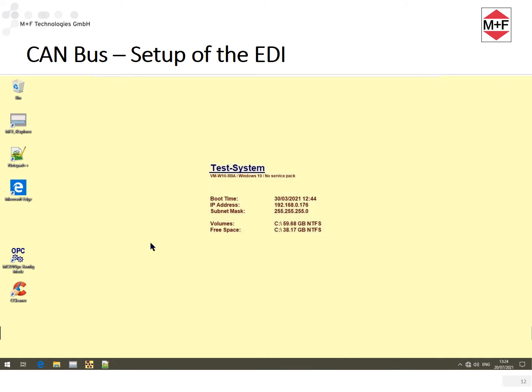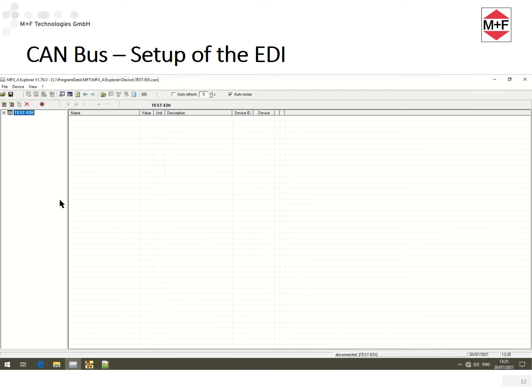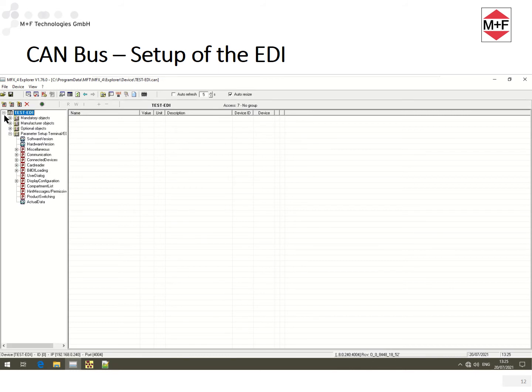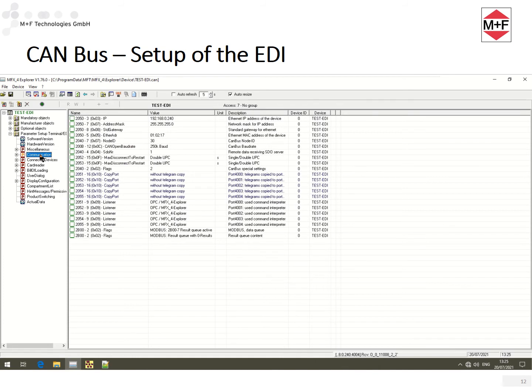The CAN bus configuration of the MFX4 EDI is done with the help of the MFX4 Explorer. I connect to the EDI and navigate to the folder Communication. There I find the settings for node ID and baud rate. I set the desired values and save my changes permanently by pressing the Save icon.